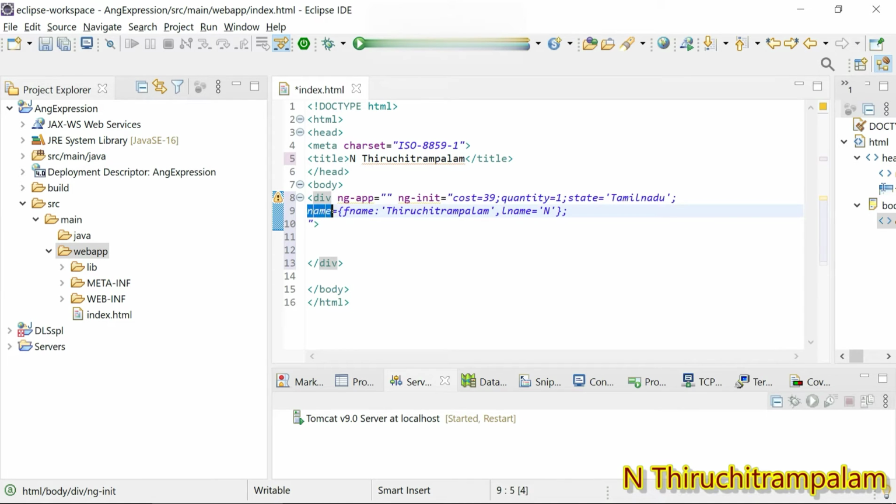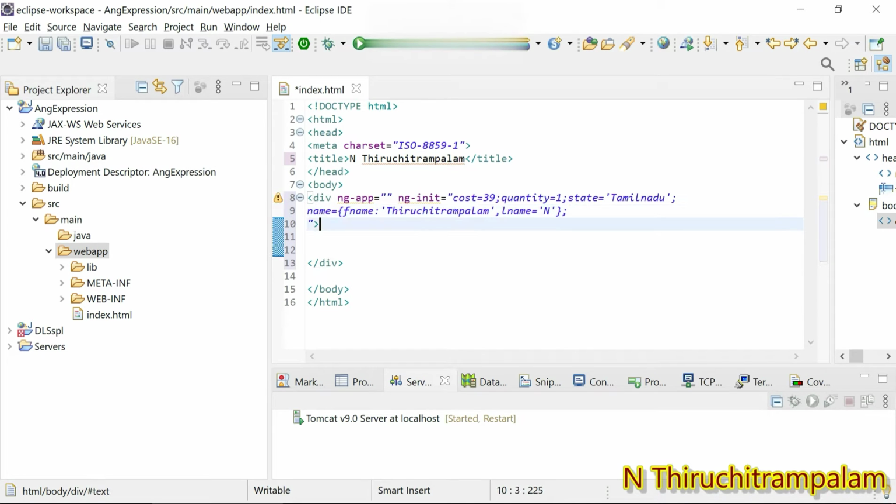So what I have done, this is a property name and the value for this is an object, given as key value pairs. fname is a key, then the colon should be given, and the value for this fname should be given in single quotes. Then the next key value pair should be prefixed with a comma, and then lname equal, the value is within single quotes n.